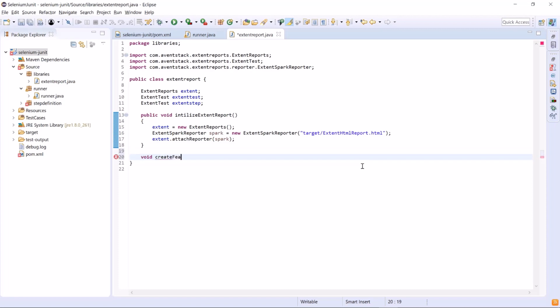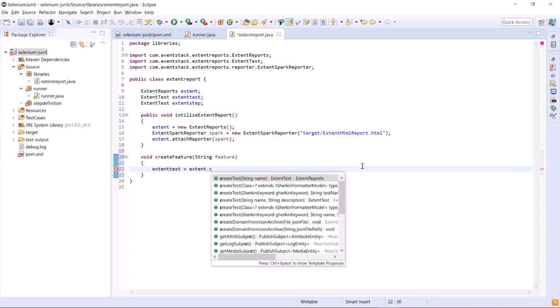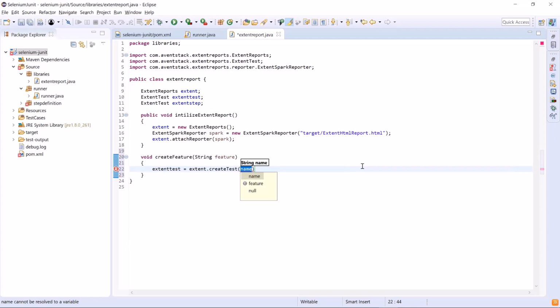We have created the HTML reporter. So now we'll create another function called createFeature. This method will take the feature name as an argument and will create a test with the feature name in our Extent report. So to create the test, we'll write extentTest equals extent.createTest and provide the feature name as an argument.